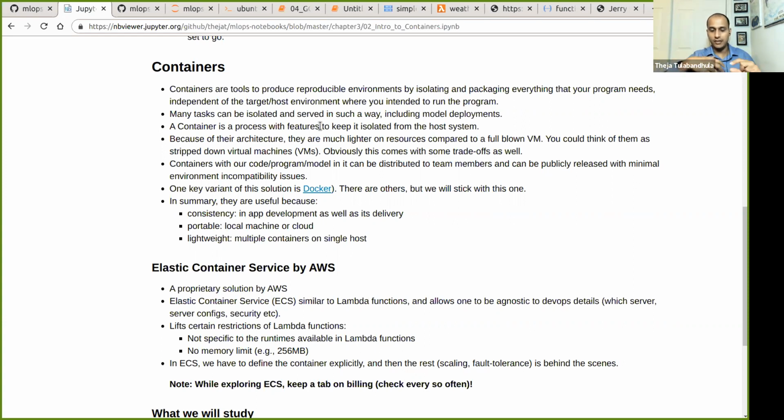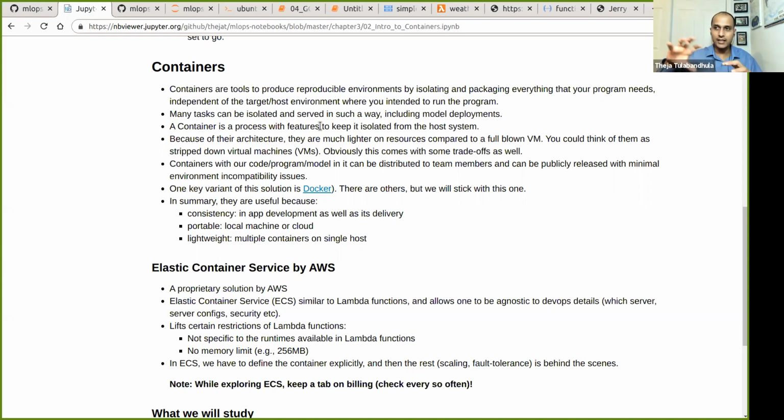For example, if you're running this container on a remote machine on AWS or GCP, the model deployment code is limited to what the container allows it to see.